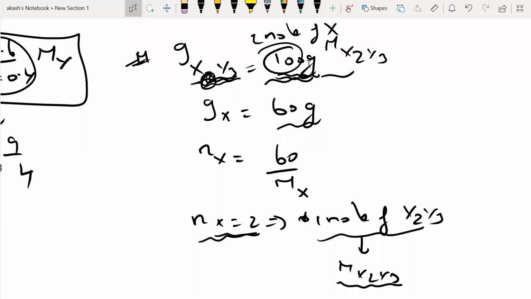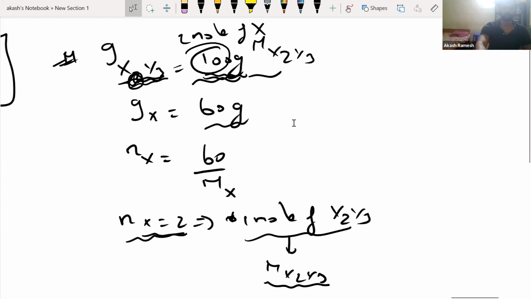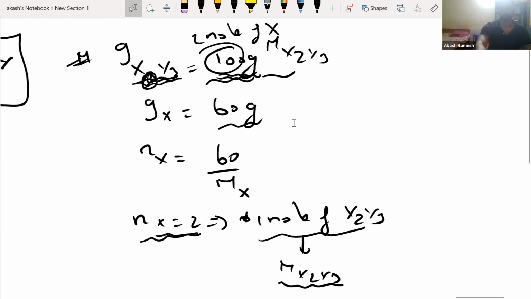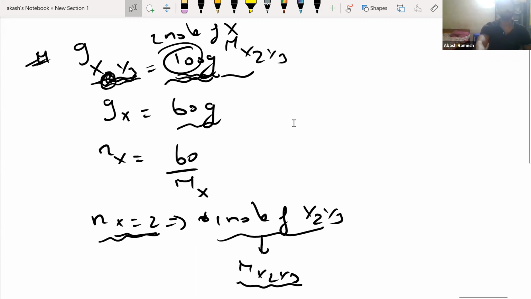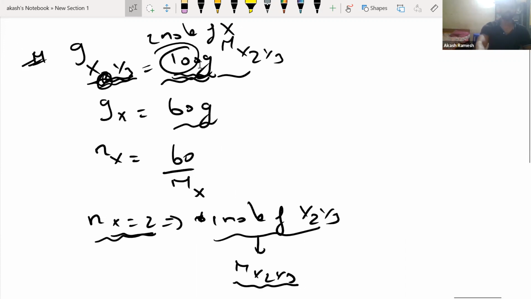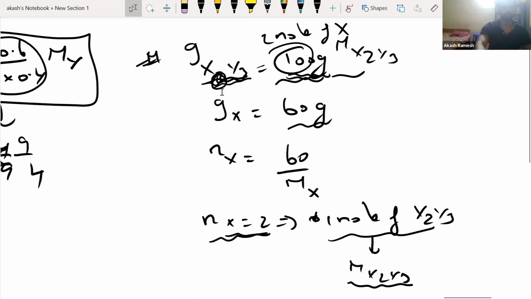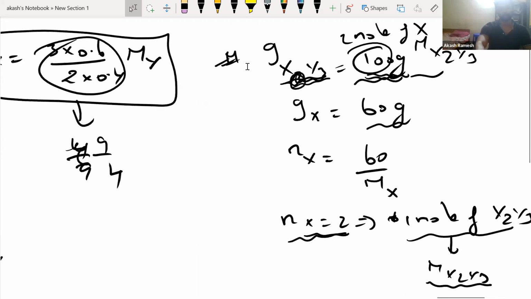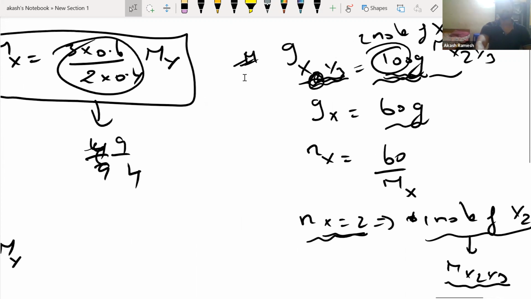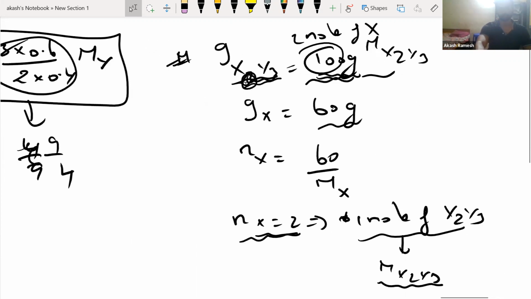Yes, sir. Okay, fine. Maybe you try it out by that method. Also tell me whether you're getting the same answer. Yes, sir, I got it, sir. Only 6 steps. Okay, you got 9/4. Let me also check. But did you assume this is the molecular mass? No, sir, I just found out the ratio. Okay. Let me also check. I don't think you can assume this as molecular mass. You can assume it only as the given mass. That's all you can do.